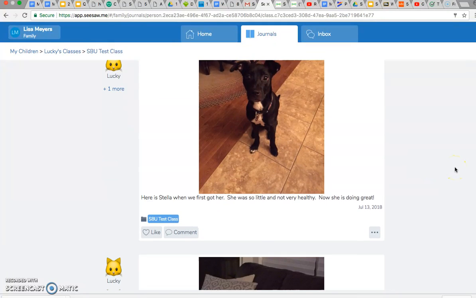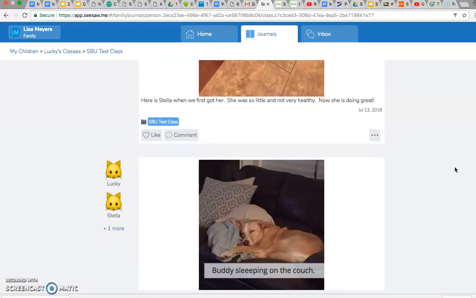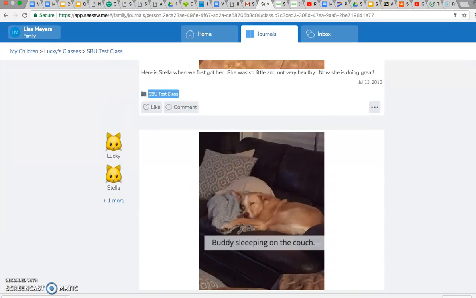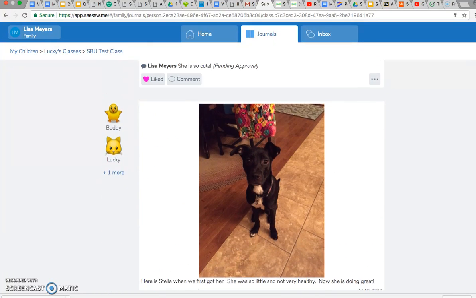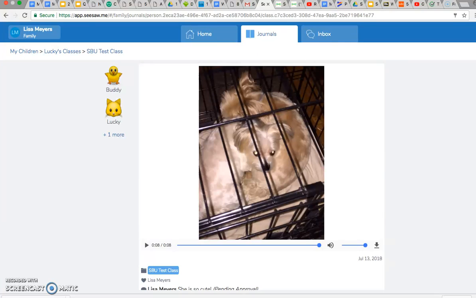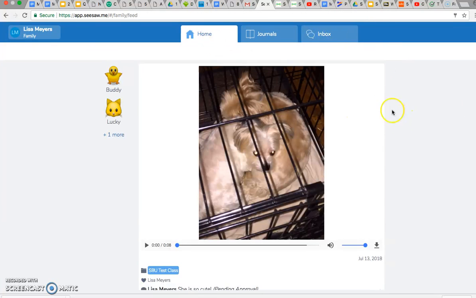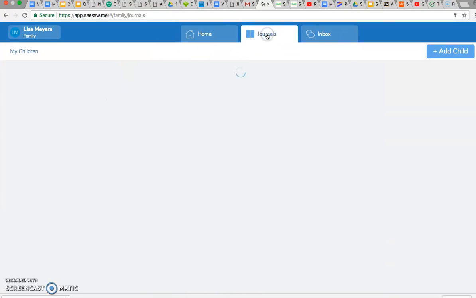So as you can see, Seesaw is a very, very valuable part of your child's education. It provides a way for you to connect digitally with your child at school, collect information about their progress, and we can store artifacts of their work digitally for years to come. There are many, many things that we use it for in the classroom. Like I said, your child will have various journals that they can post things to. And in addition to that,